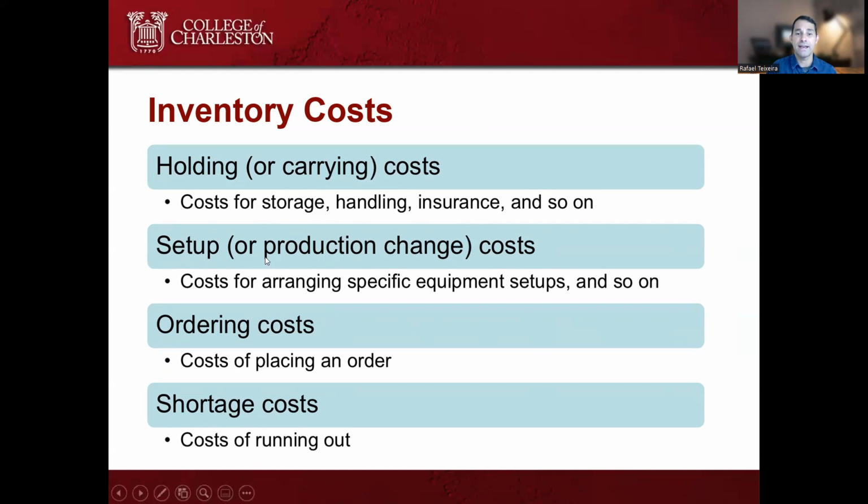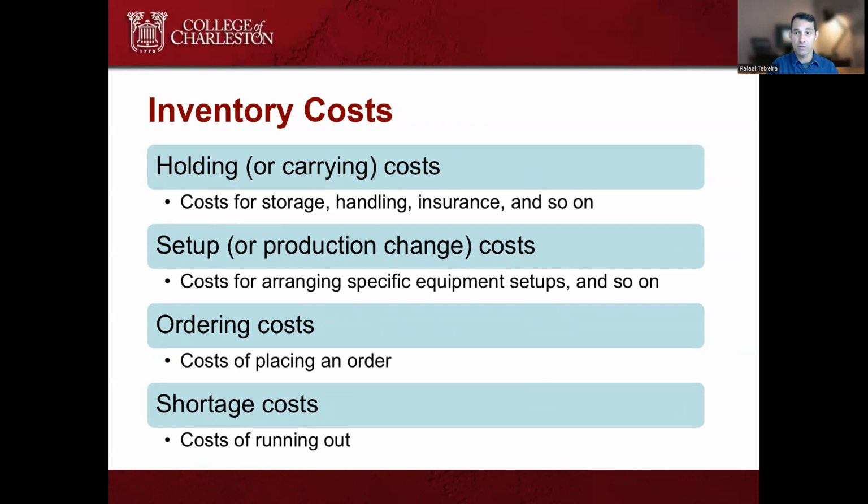Then we have the setup or production change cost. That's the cost for arranging specific equipment setups. In a manufacturing company, the machines have to be set up. So if you carry too much inventory, then you have to include time and cost to set up equipment for the inventory that you have.